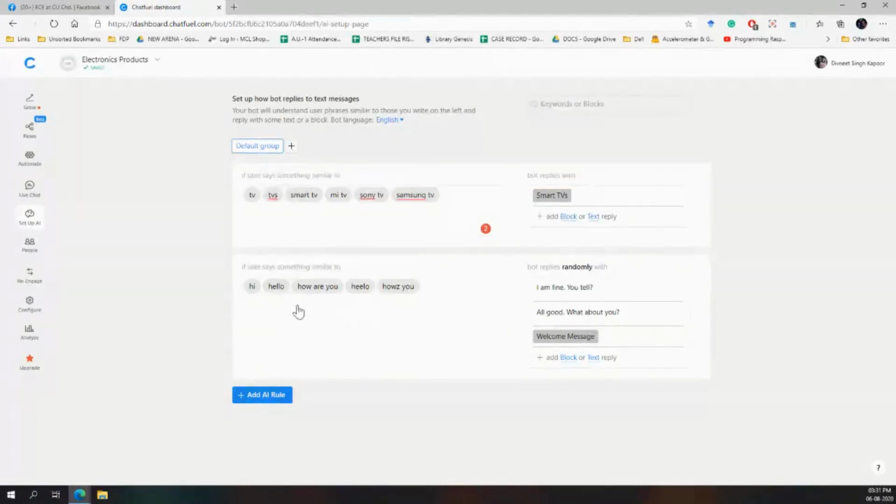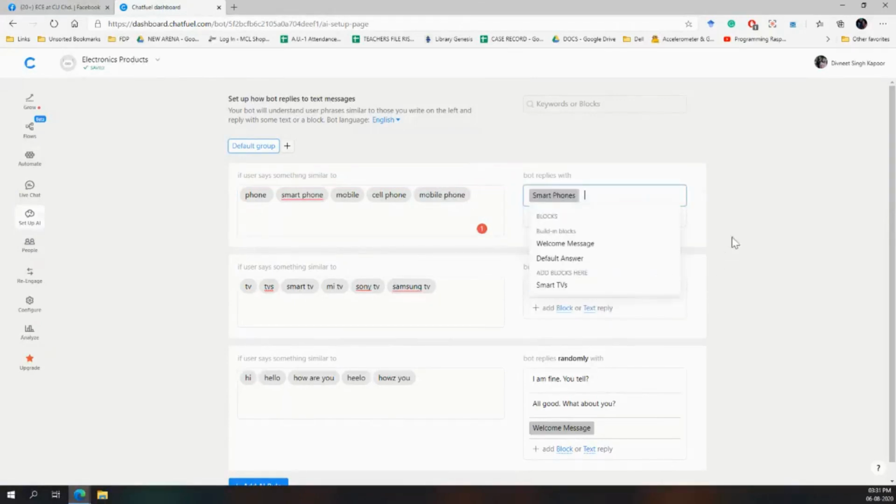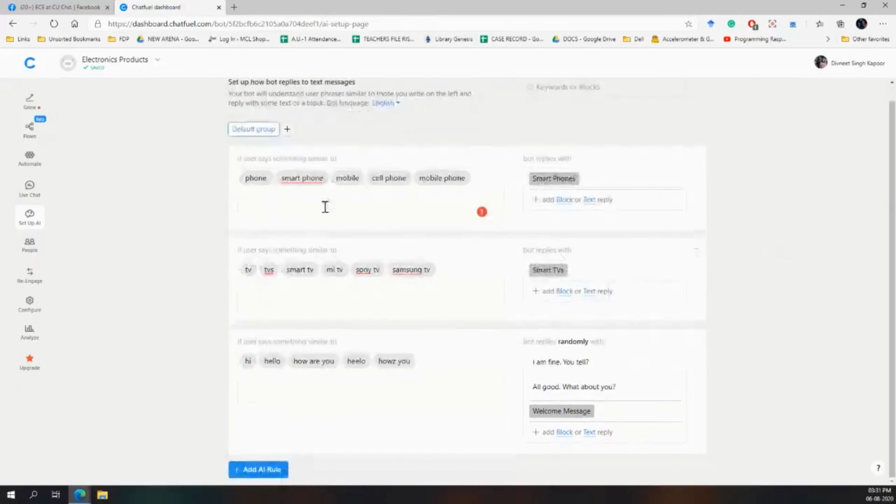If the user is entering phone, smartphone, mobile, cell phone, any mobile phone, I should redirect to the smartphones block. And this is how simple it is to add AI to your chatbots.